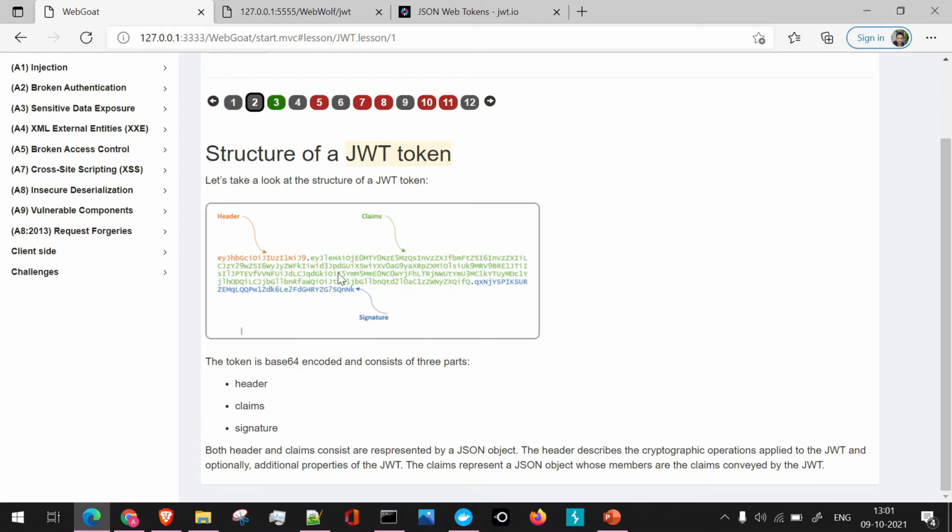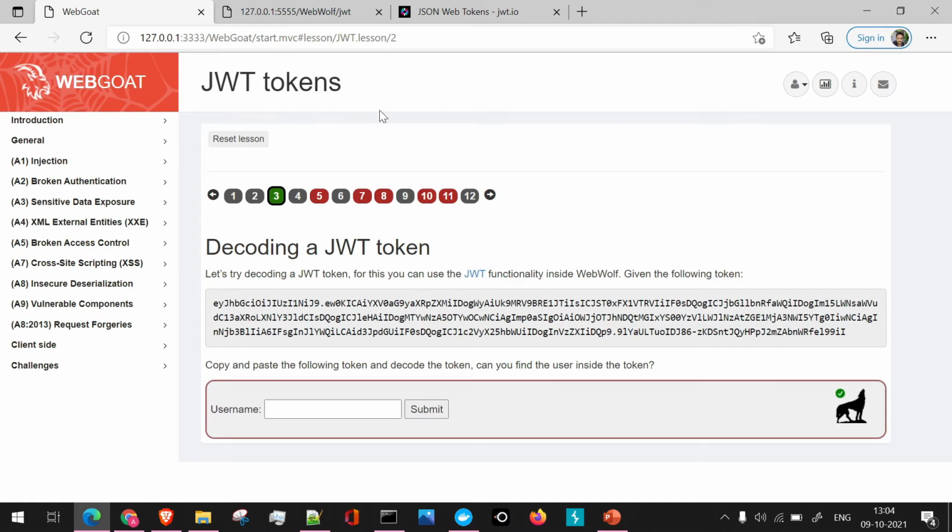We are going to fetch this same token as a part of our assignments as well, and we are going to decode it going ahead. So let's look into the assignment which we have as a part of JWT token. The first one is very simple. We just have to decode the JWT token. We've just seen how a JWT token looks like. The ask of this assignment is to decode the token and find the user which is inside the token. So we have to find the username ideally.